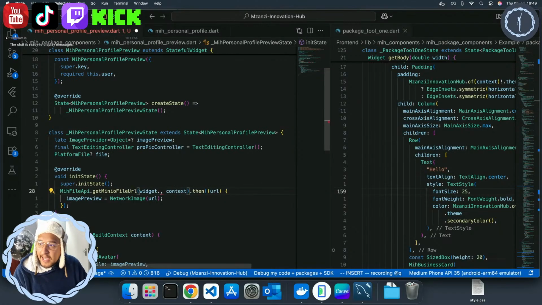So let's change this. And instead of saying directly profile picture, we're now going to say user, which is our app user, our custom object. And this custom object, sorry,